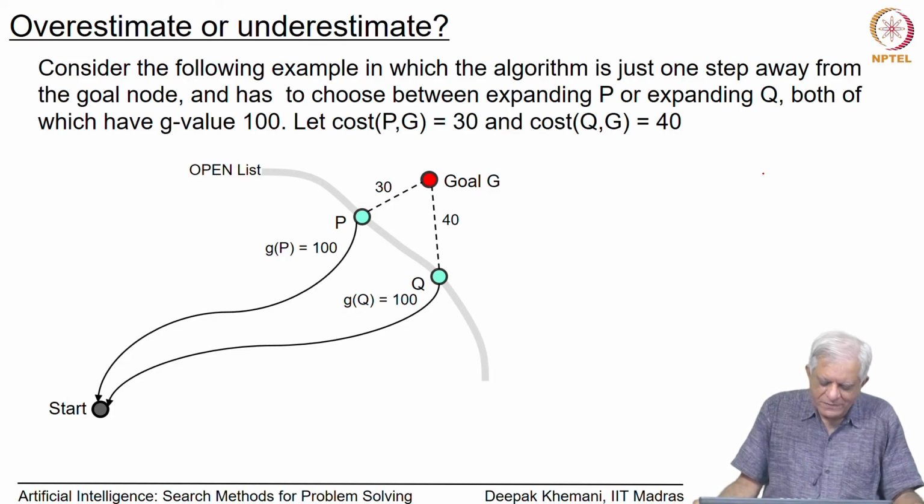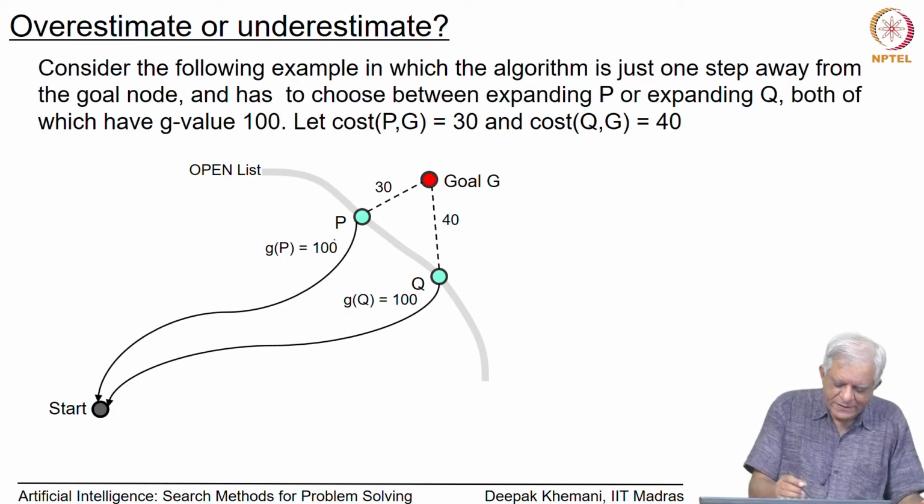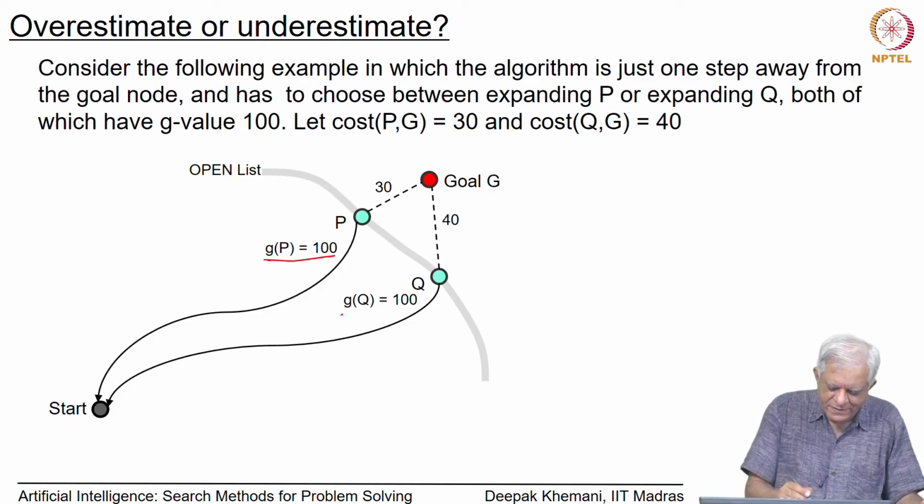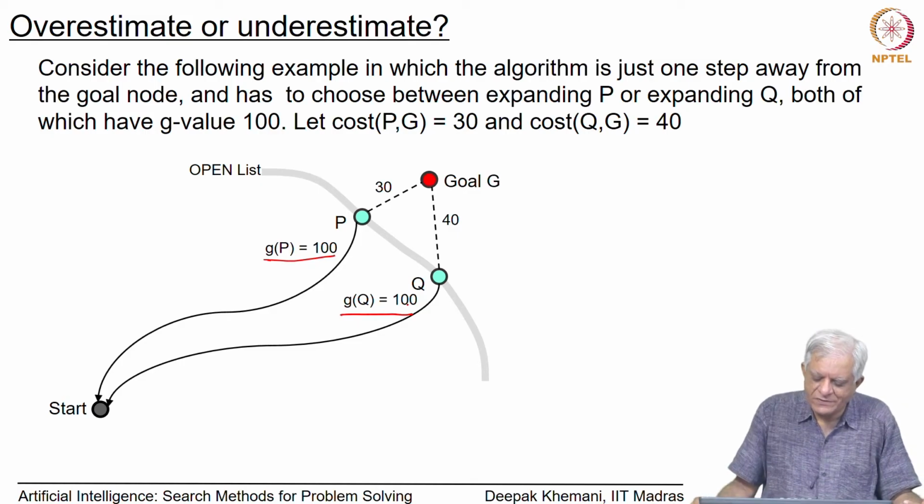And again, for the sake of simplicity, we have assumed that their G values are identical, because we want to see what is the influence of whether the heuristic function overestimates or underestimates the distance to the goal. To investigate this, we will also assume that both these nodes P and Q are just one step away from the goal node, which means there is an edge connecting P to the goal node and an edge connecting Q to the goal node, and as depicted here, the cost of these two edges are